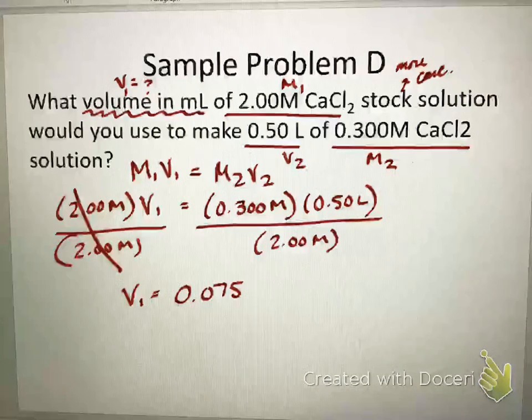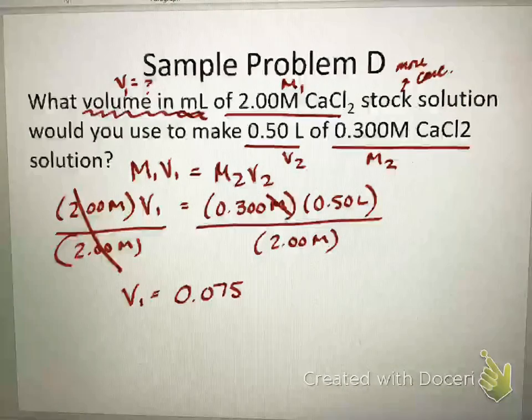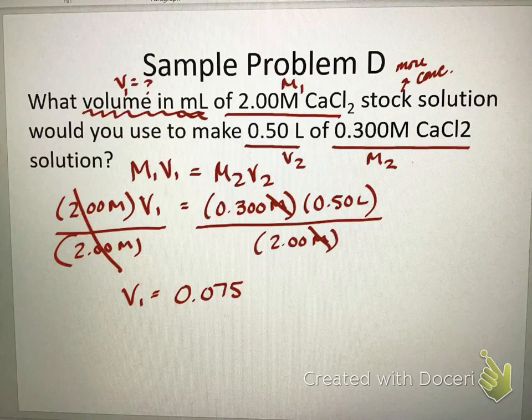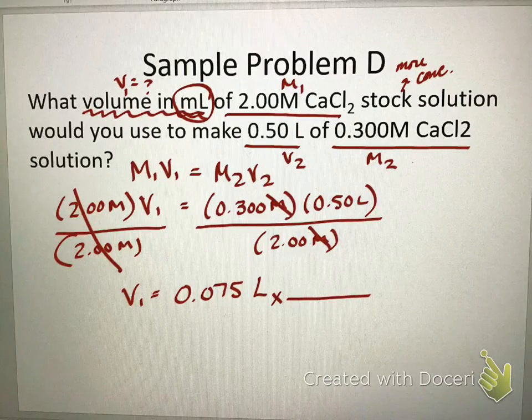0.075. Now, we want the volume in milliliters. So take a look at these units. Molarity divides by molarity, so that cancels. You're left in liters. Again, we want milliliters, so we can just do a simple conversion. And this is always why we pay attention to our units. So 1 liter is equal to 1,000 milliliters. So that is going to give us